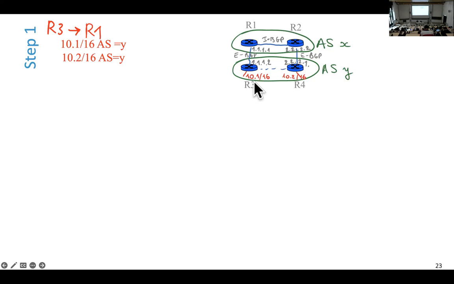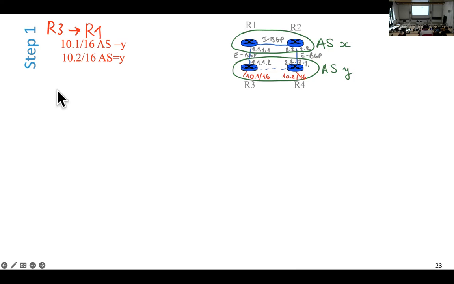R3 is directly attached to 10.1, but it's not directly attached to 10.2. However, it will announce a path to both of these sub prefixes. It is software. We can do anything. We could have configured it not to do so. That's the next example. But in this example, I have configured these routers to advertise any prefixes that exist in the